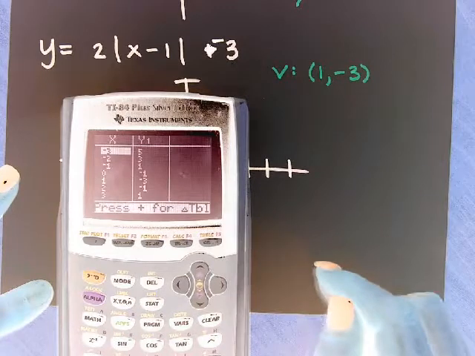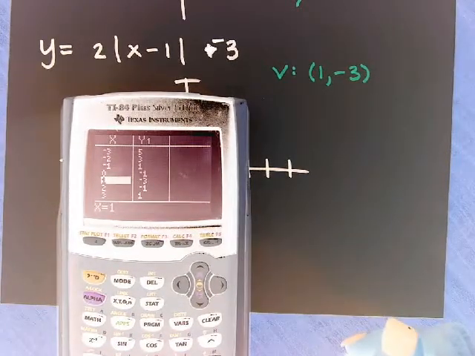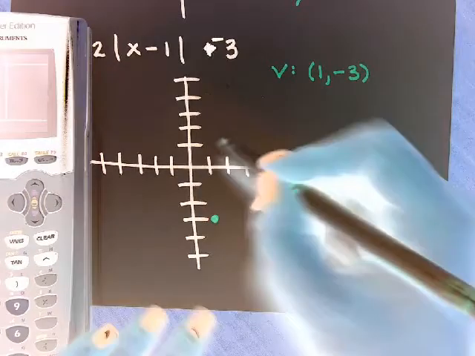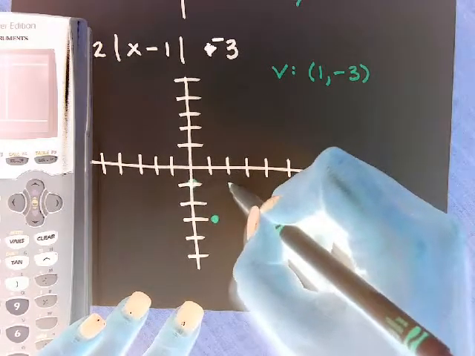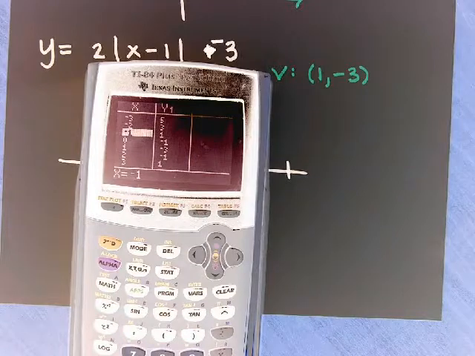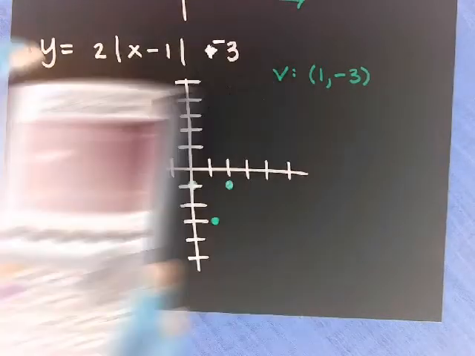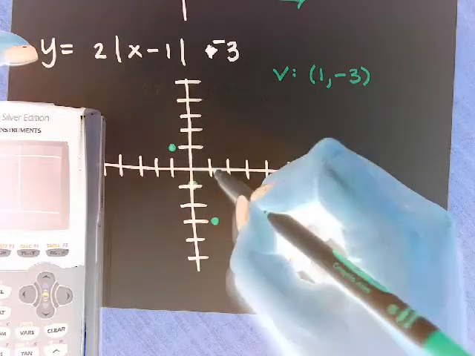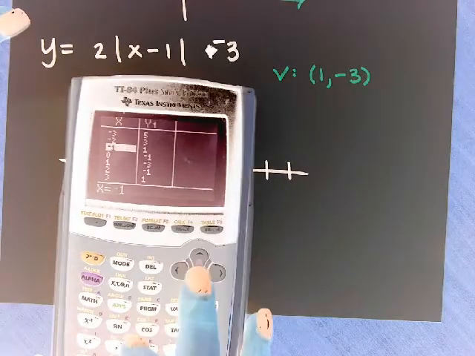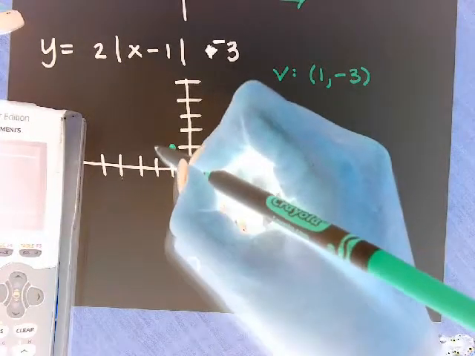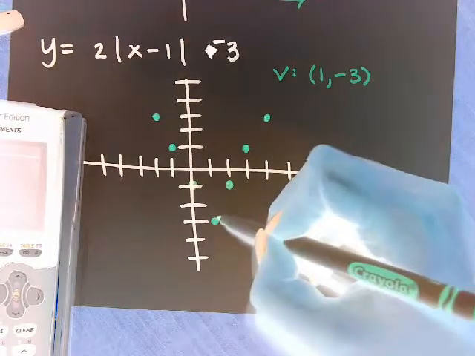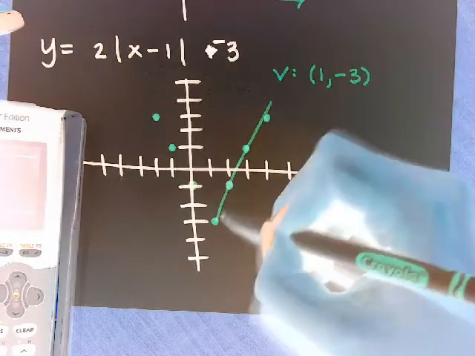And then I'm looking at the graph, and I can see I've got the point 1, negative 3, and then I have to do some of the other points around it. So I need to do 0, negative 1, and 2, negative 1. And then I need to do negative 1, positive 1, and 3, positive 1. I could even keep going. I've got negative 2, 3, and 4, 3. If you want to just do that, that's fine. Oh, my graph isn't perfect, but